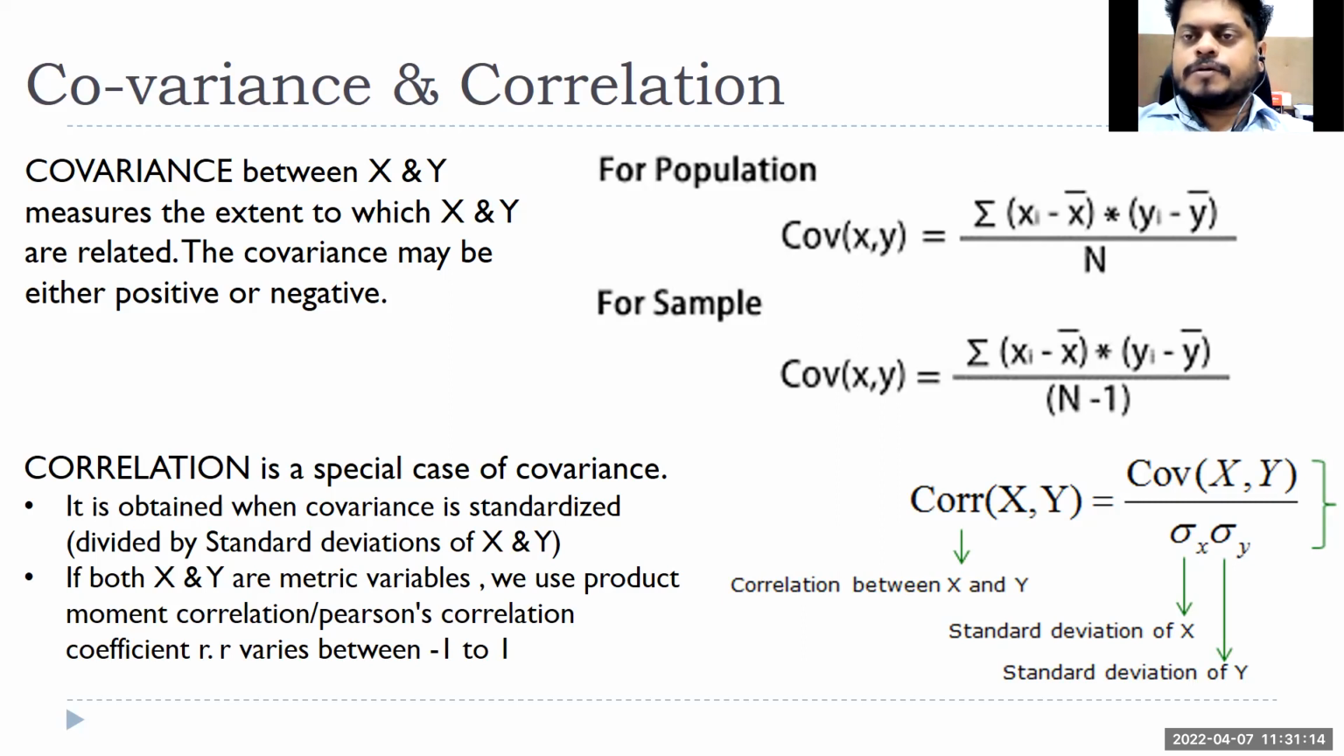If you look at the formula, let's say one of my variables is x and another variable is y. We take the distance from the mean for each of the x values, similarly the distance from the mean for the y values, and divide by n, the number of data points. That gives me the covariance information about the population. For a sample, we divide by n minus 1, sample size minus 1. Then if I divide that covariance by the standard deviation of x and the standard deviation of y,